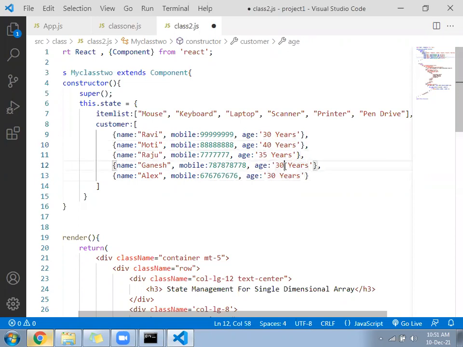Some number you can change, but make sure you are creating a proper array.